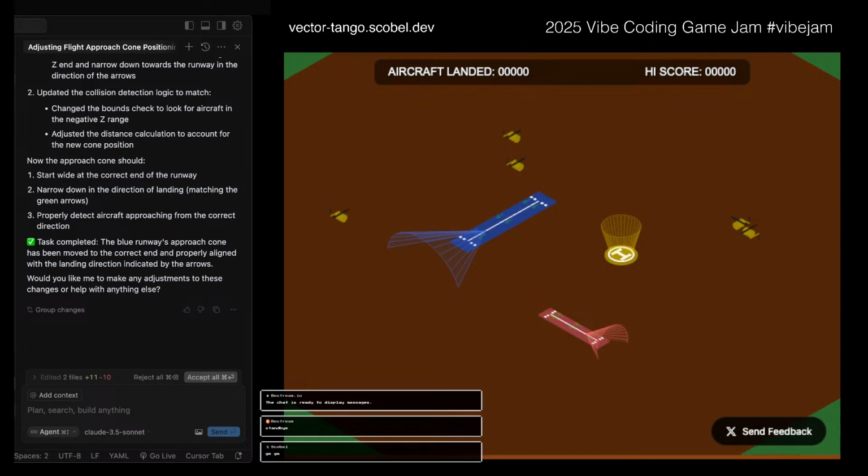Okay, so let's try that, and then I'll do a push. That plane, okay, it did land. Okay, sick. All right, so let's push this update. I'm going to go back into Cursor. I'm going to push update, blue runway,